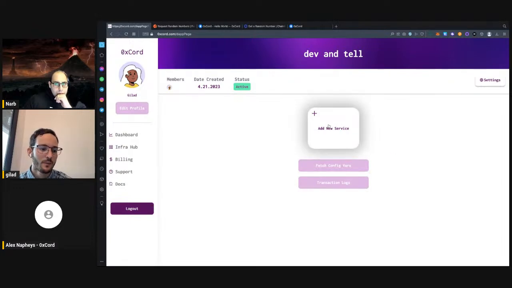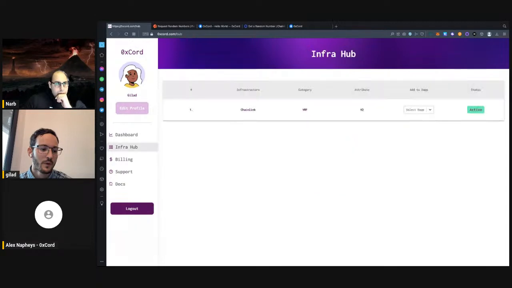So this is Oracle's randomness, identity, gasless meta transactions, indexing, decentralized compute, RPC, everything you might need for decentralized application development. We have a partnership with Chainlink, and so we're really excited to have them as the first piece of infra in our infra hub. And so what we can do in order to provision Chainlink is press Add to dApp,